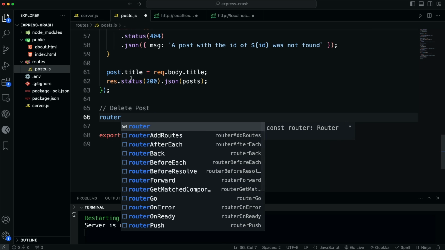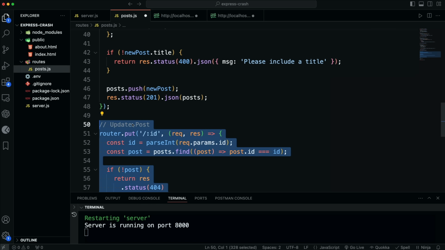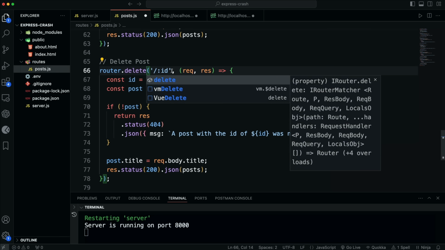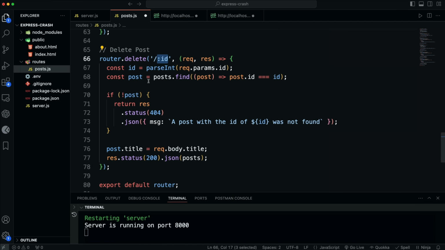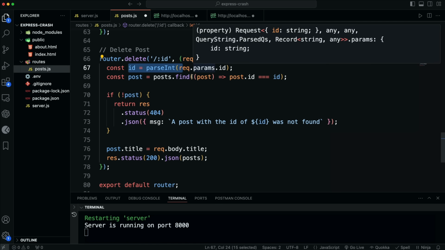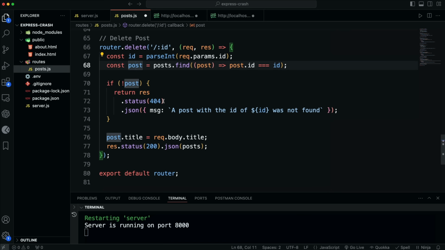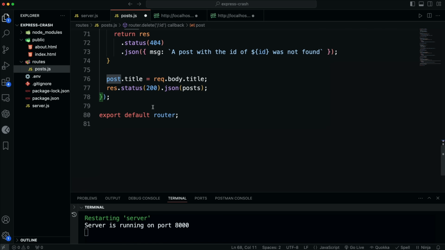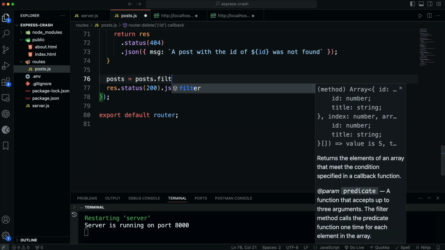So router, actually, you know what? We could just copy what we just did. Delete post, and this is going to be a delete request. Same thing, we need the ID, so we're going to keep that. We're going to parse it as an int, and then we're going to find the post. We're going to check for it, and then let's see. All we're going to do, get rid of that. All I'm going to do is basically overwrite the post. That's why I used let when I define the array. So we'll say post then equals post.filter,